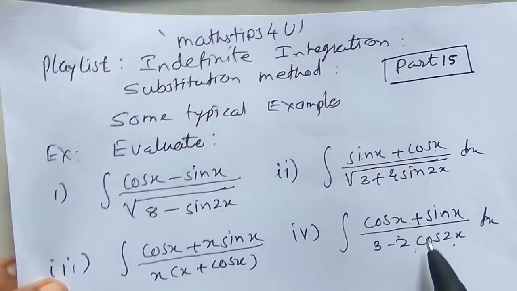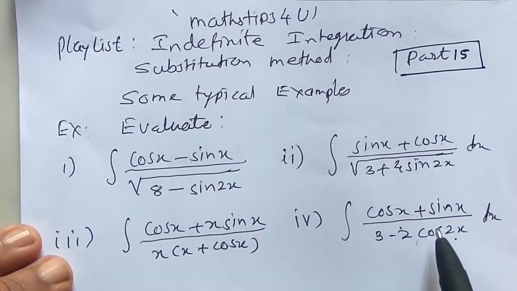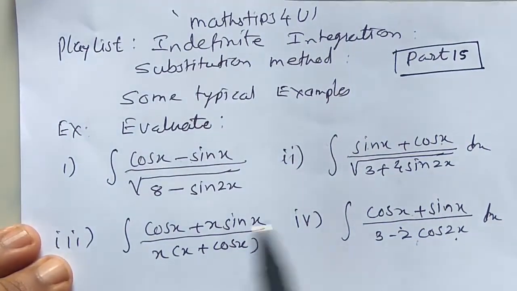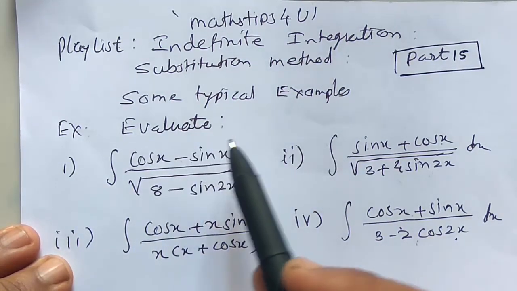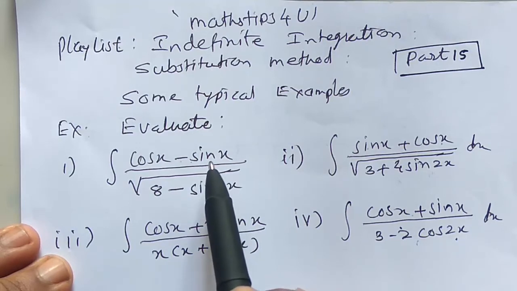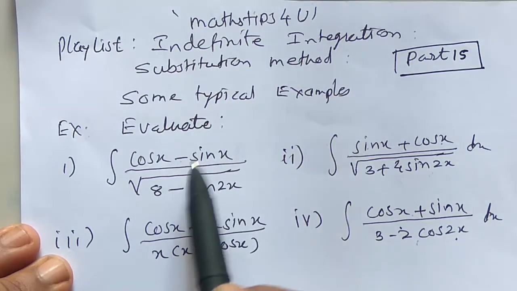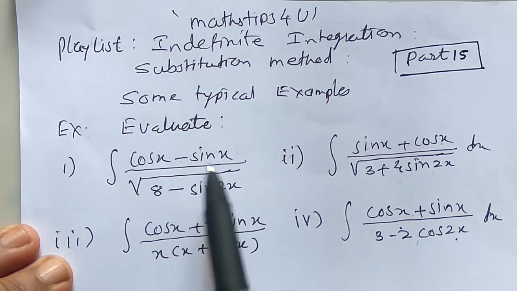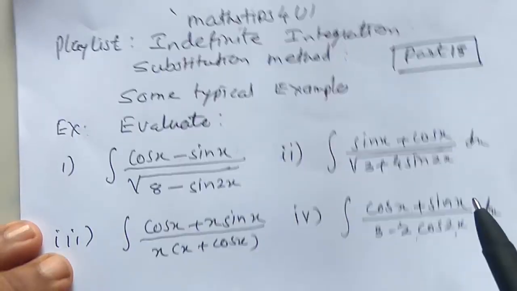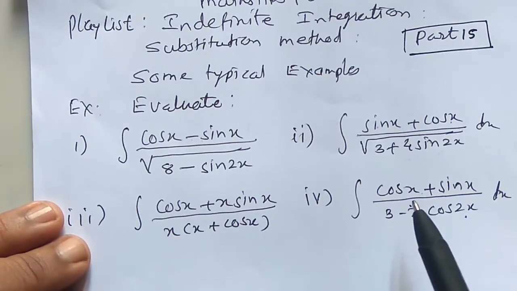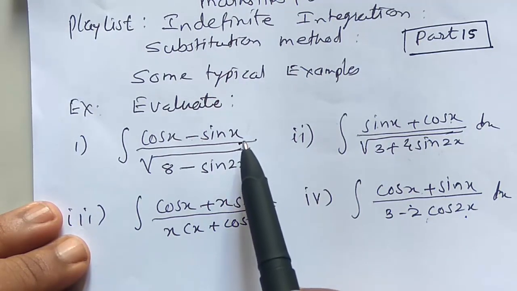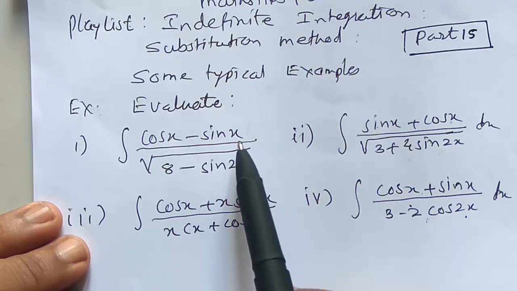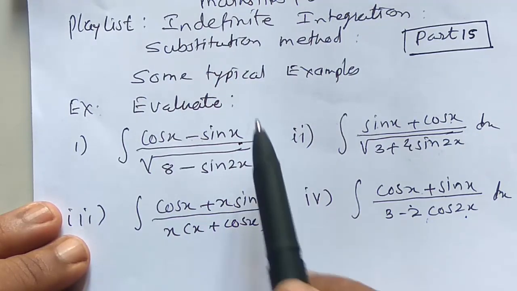In this way we solve all different types of typical examples. The student should remember how to solve and what the hints are for such types of examples. You know that for integration, when the integrand is very different, then we use a particular type of substitution for these examples.